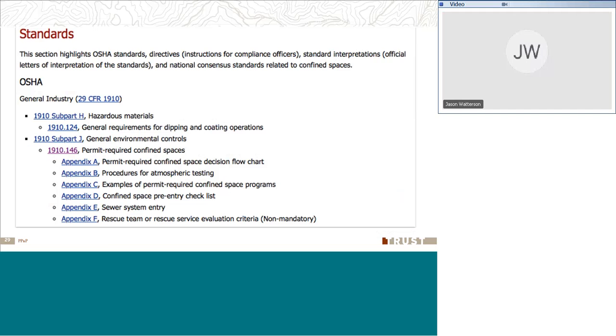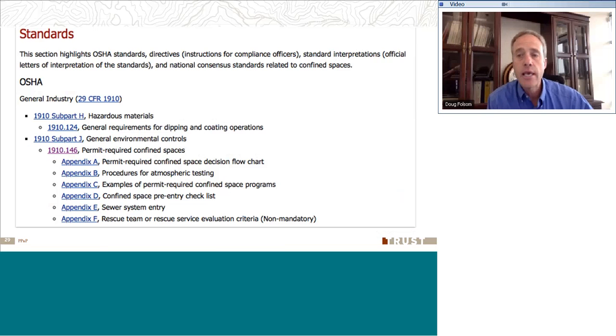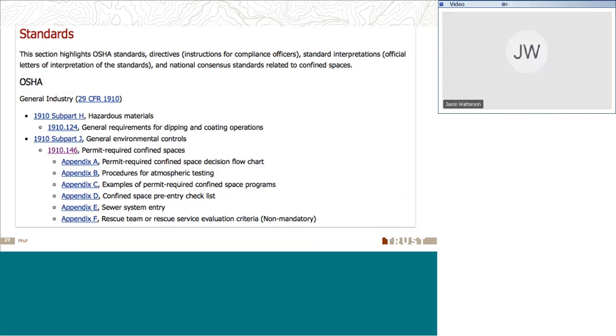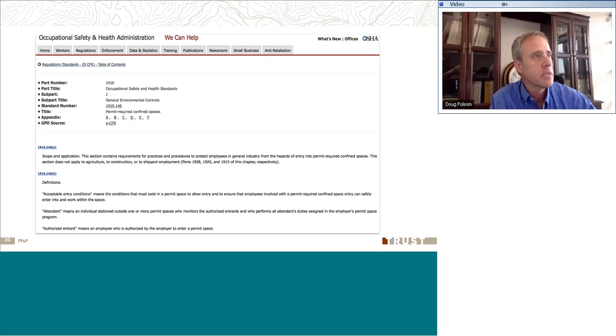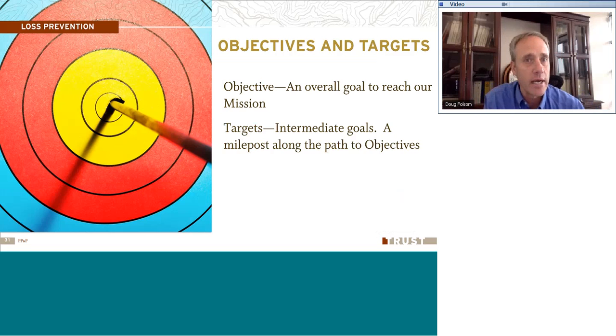So these standards exist, they're out there, they're published, and we can incorporate those into our policies and really specifically into our procedures and programs. Because if the policy is to be compliant with the safety laws, then obviously the requirements of an OSHA standard are going to be worked step by step into those procedures and programs that we adopt and follow. So again, there are lots of resources there, and we can help you with those as well.